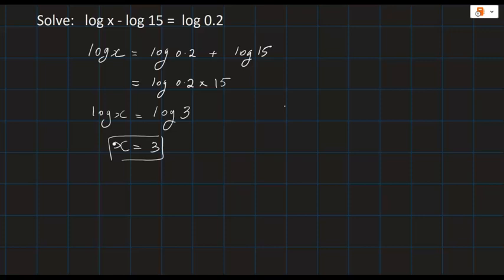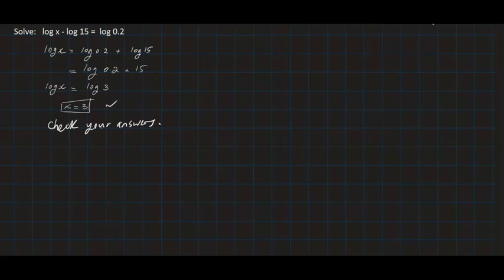And the best thing to do is you go back there and you make sure that you check your answer. And in this case, it does work. Log of 3 minus log of 15 is equal to log of 0.2. You can use the longhand logarithmic rules, that is the division. Let's do that. In this case, what we have is log of